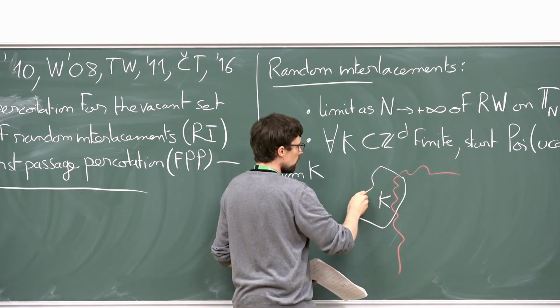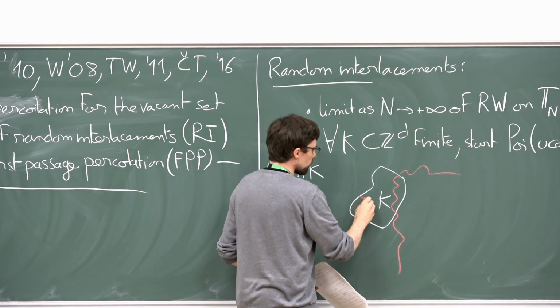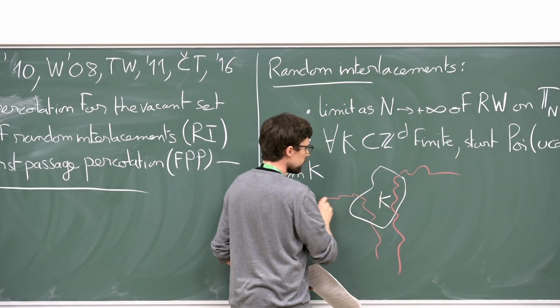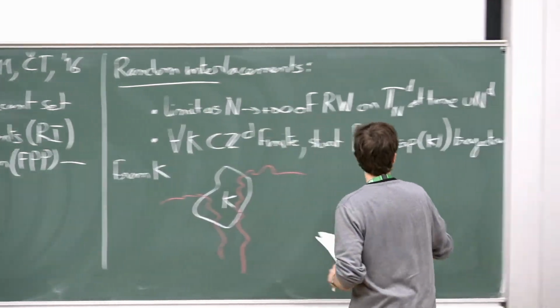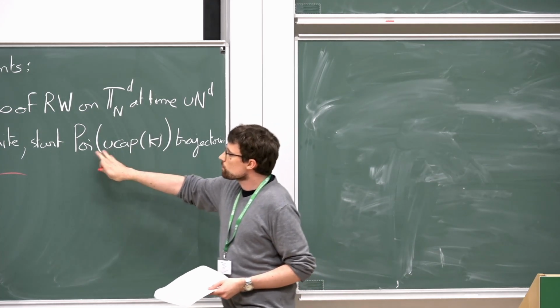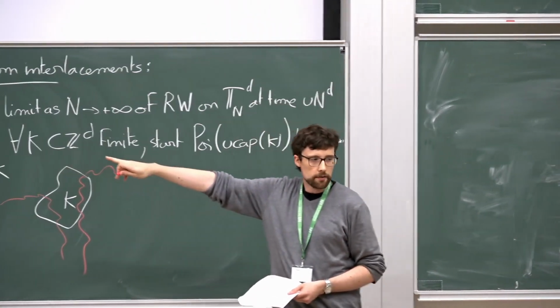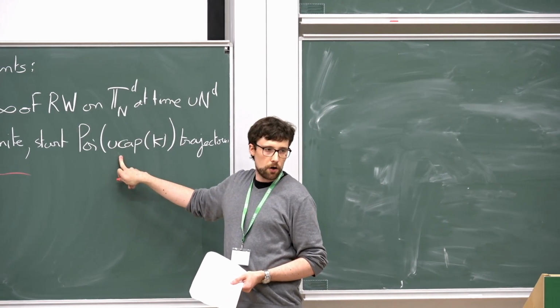And if you have 2, well, they are just independent. This is a Poisson point process, if you want, of trajectories. So I just start the second trajectory like that, and I do that a Poissonian number of times. This Poissonian number of times has 2 parameters in it. There is the parameter u, which corresponds to the time u n to the d over there. And there is a second parameter, which is the capacity of the set K.